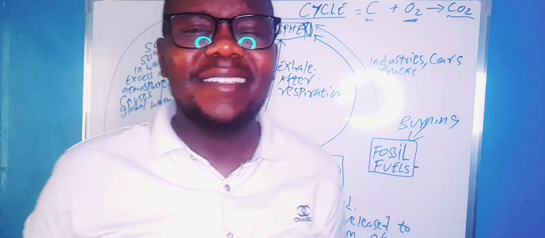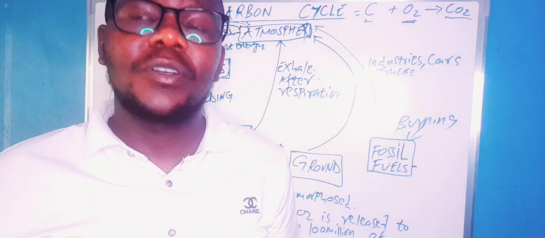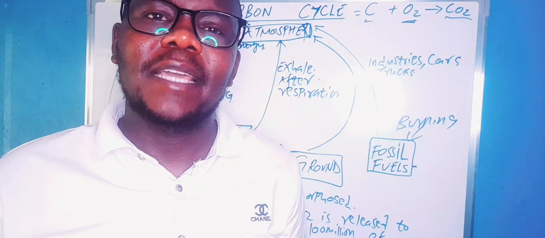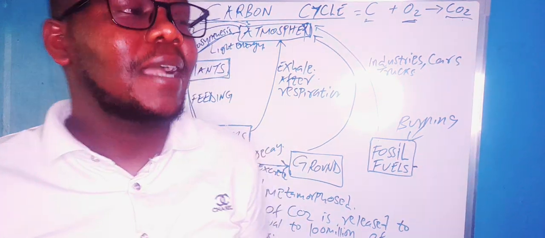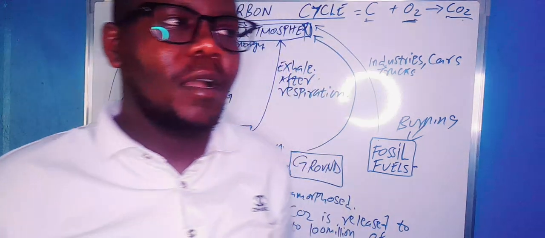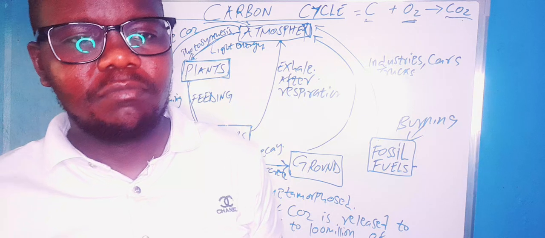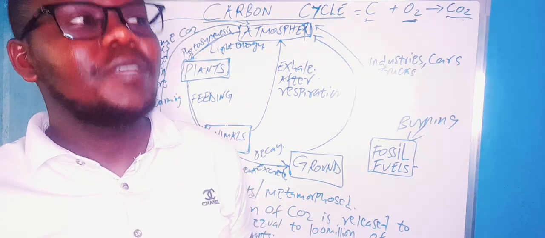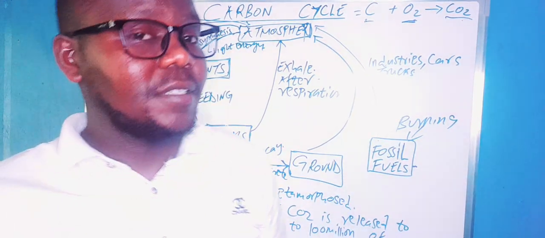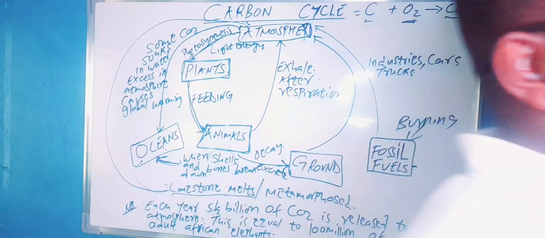Because of this, we will experience climate change, and this is because of global warming. In the coming days, if we do not correct it now, it will lead to something called desertification, and our land will turn. You see how the Sahara Desert behaves? If we don't correct it, that is where we will be heading as a world.